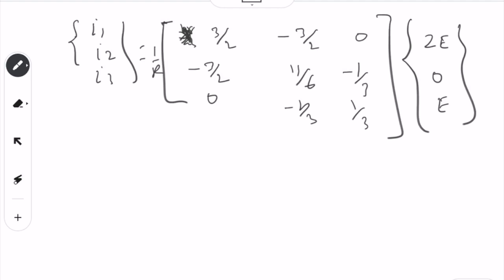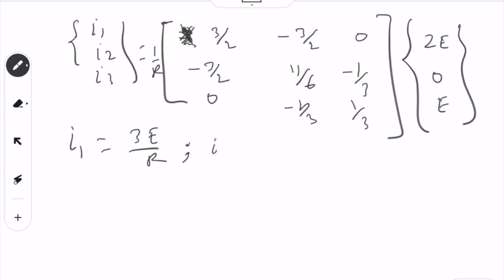Hence we can find out I1 is equal to, see here, this multiplies by this one, 0 with this and 0 with this, so it becomes 0, this becomes 0, this becomes 2E multiplied by 3 over 2, so 3E over R. So 2 cancels out, so 3E over R is I1. Okay,